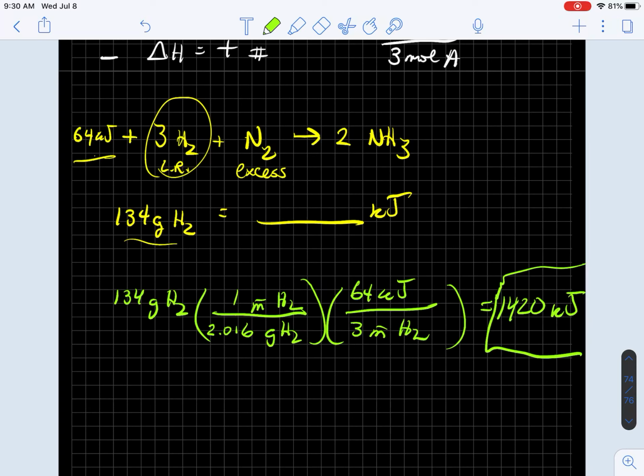Now, they could ask you questions like, hey, how much heat is absorbed when we produce 5 moles of ammonia? Or how much nitrogen will we need to produce 150 grams of ammonia? I mean, there's a lot of different starting points and ending points. But ultimately, it's just a matter of going through the problems and practicing. They're all the same technique. And again, this is just when you have one chemical listed for the amount, consider that the limiting reagent. And in other videos, I'll tell you how to deal with percent yield and when they mention multiple